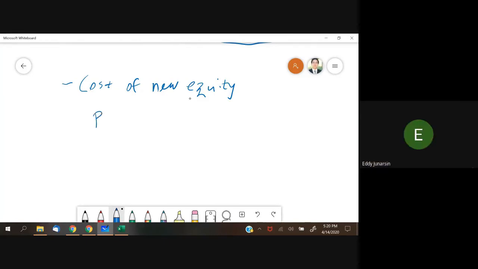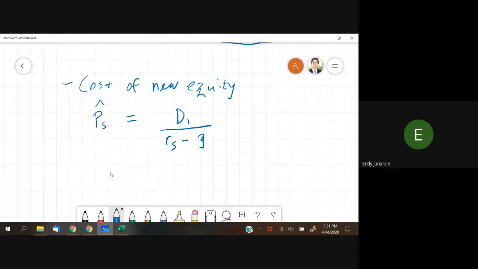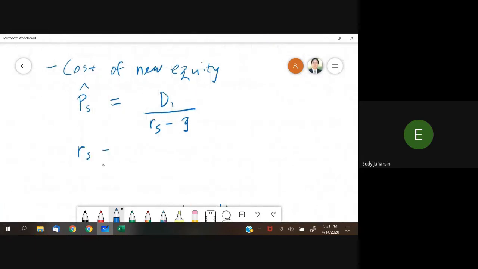Again, I will repeat again. If this fulfills the constant growth forever scenario, then we could estimate the current price of fundamental value as the next dividend divided by the required return by stockholders minus the constant growth forever. Okay, so if I reverse it again, it should equal next dividend divided by the current price plus the constant growth forever.